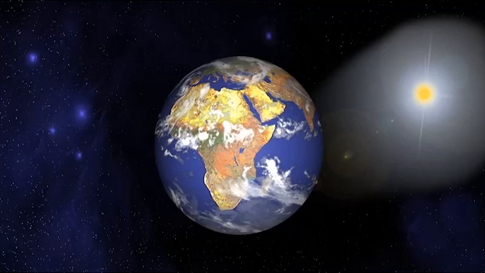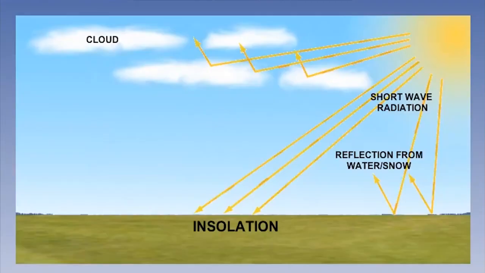Energy from the sun, or solar radiation as it is called, has a short wavelength, around 0.15 to 4 microns to be precise. The Earth's atmosphere is almost totally transparent to this incoming shortwave radiation. The incoming energy passes through the atmosphere with little effect. Only when solar radiation encounters clouds or reaches the Earth's surface does it have an impact.